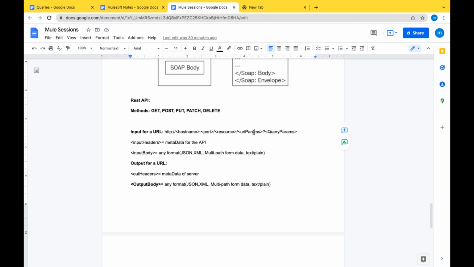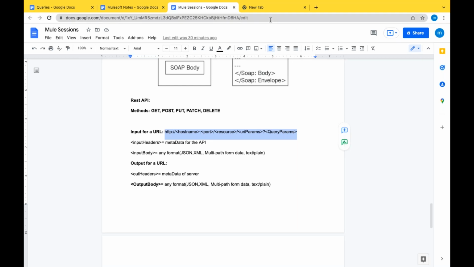What URI parameters and query parameters are, we will discuss. So this is a resource, this is a URL, and you are going to prepare the APIs. So URL is nothing but an API, and each API is going to have a specific functionality.